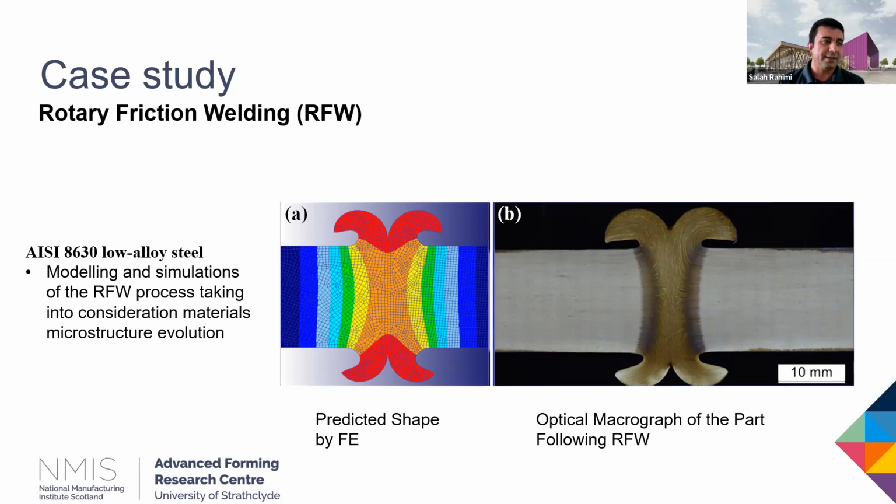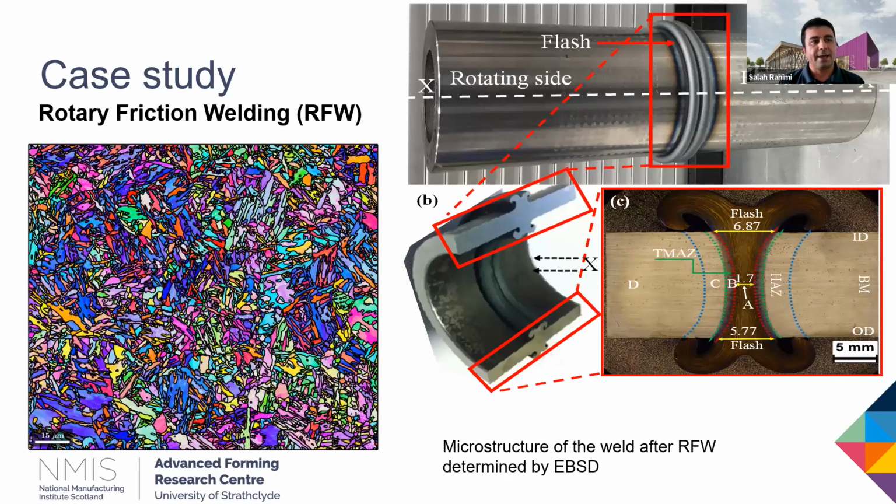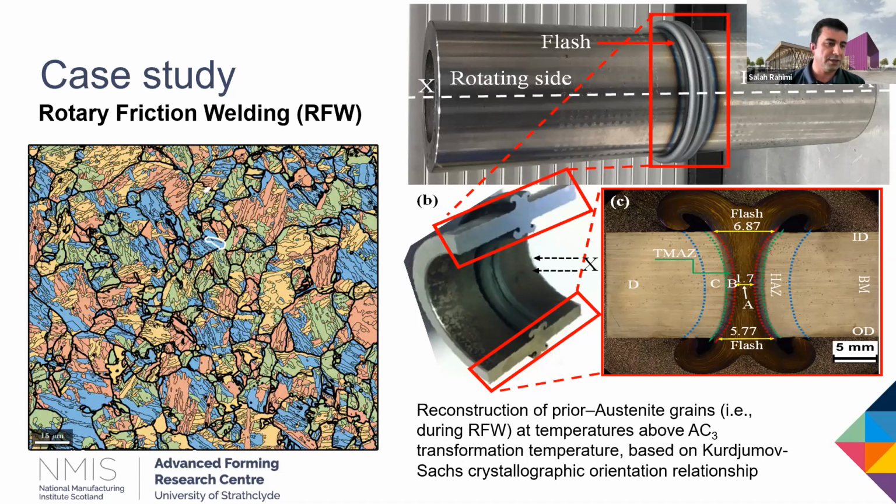So we use this information to optimize our models. For instance, in this case, we have done an advanced analysis of the microstructure, where we characterize the microstructure by EBSD, and using EBSD data, actually, it is possible to reconstruct the prior austenite at the temperature, i.e. where the temperature was during welding at elevated temperature above AC3 temperature, what is known as the austenization temperature, where the whole microstructure was austenite. And then using a crystallographic orientation relationship, we can reconstruct those grains. In this case, I've used Kurdjumov-Sachs crystallographic orientation relationship to reconstruct the prior